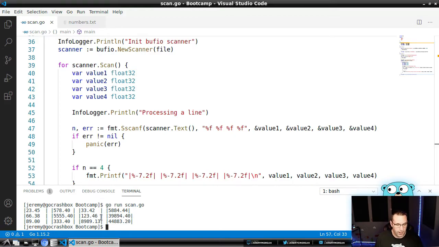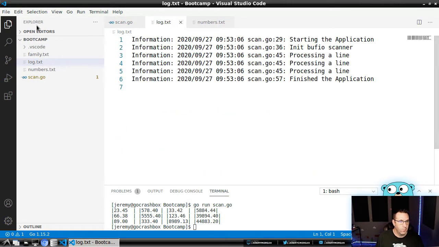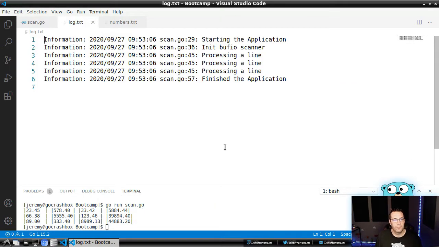Very cool. So our application still ran just as it usually does, but now we have this new file here. And there's our prefix that we put in, information equals. Here's the date, the time, and the file name that was used with the line number. And you can see starting the application, init buff.io scanner, we process the line 3 times at line 45, and then we finish the